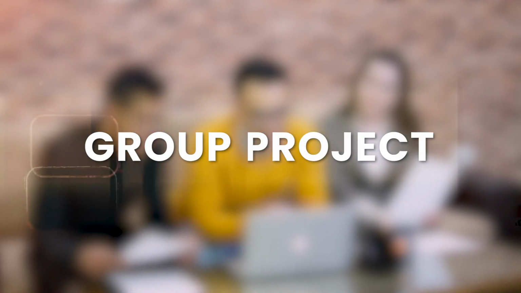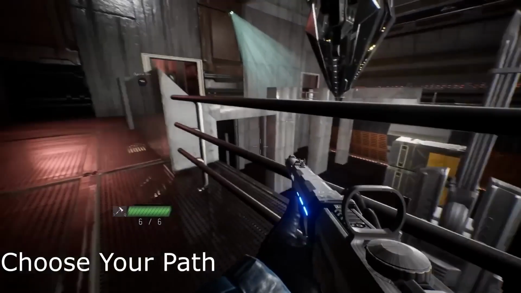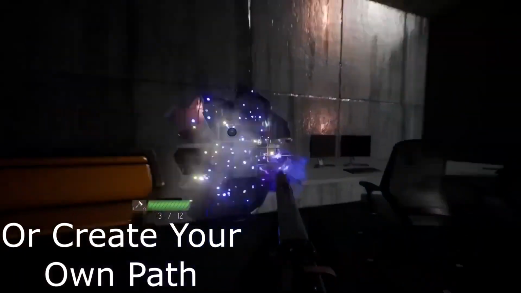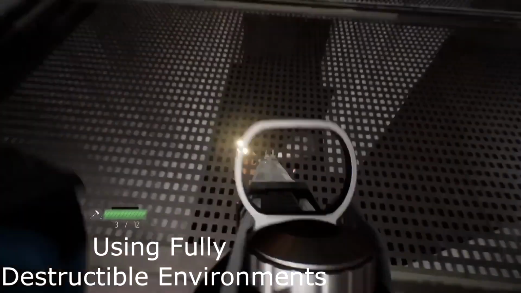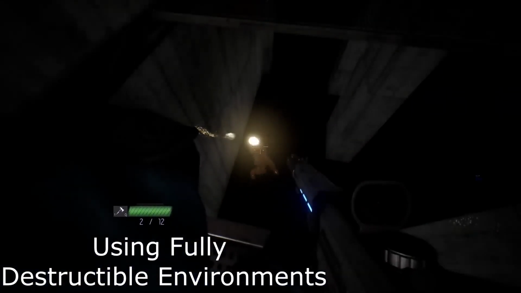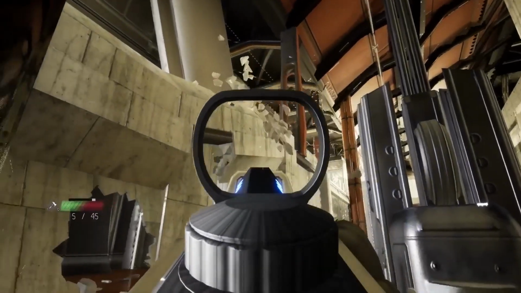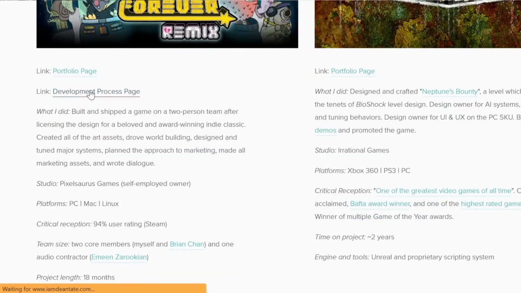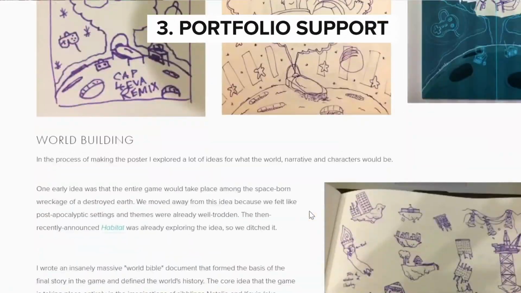So remember, a compulsory group game project is very, very important. This game should have some complexity to it, have a little bit of narrative, have some kind of polish, and you should be able to download and play this game for at least 15 to 20 minutes. And this should be on the portfolio of the people who are doing the program, because at the end of the day, it's all about portfolio, which brings me to point number 3, portfolio support.